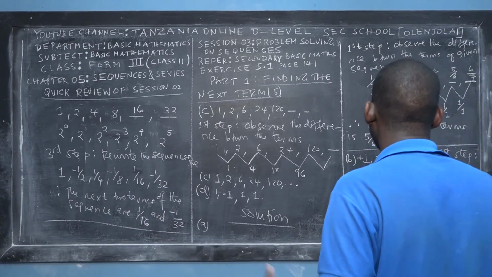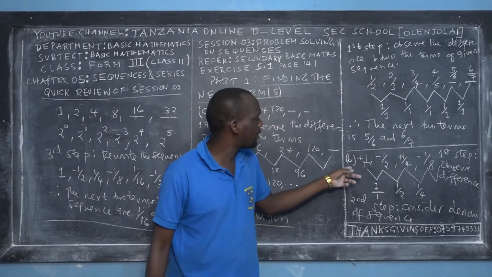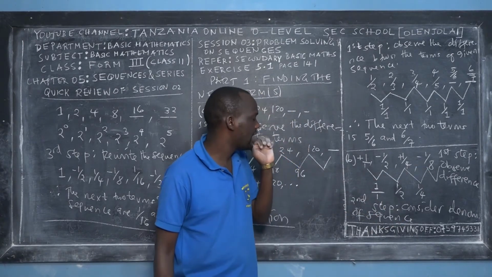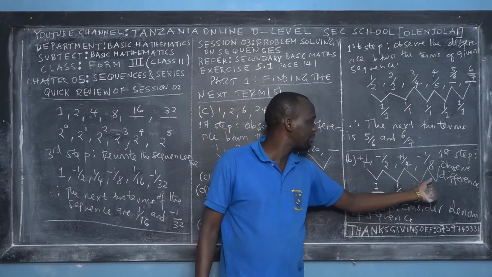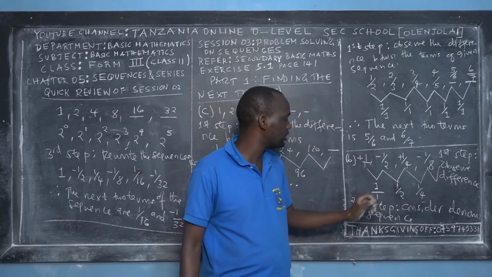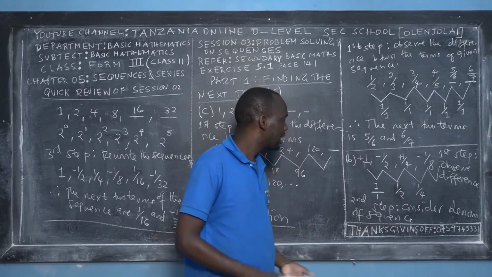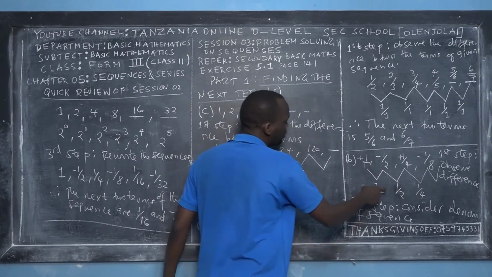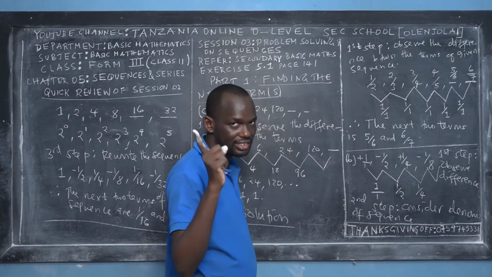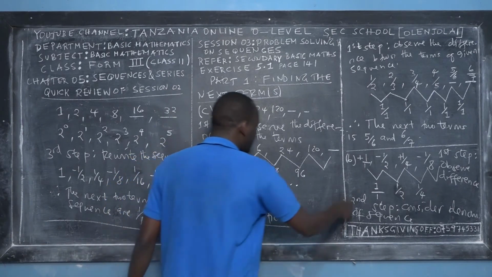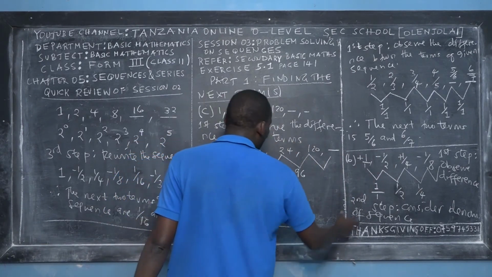So let us continue. As we did in part B, we have this sequence of these patterns, and we realize that we cannot determine the next 2 terms by using the difference because of the behavior that happens here. However, remember that when I was checking these differences, I didn't take into consideration the sign. I ignored the negative and positive sign. So in the second step, we have to think